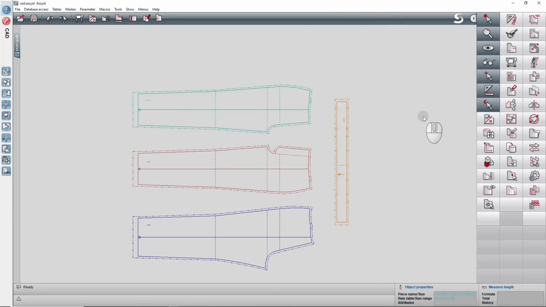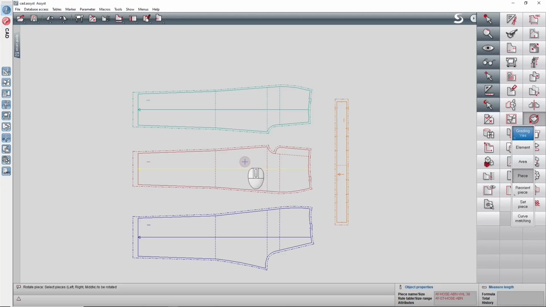To rotate one or several pieces around the pivot point, use the function rotate piece. Select the rotation point with the left mouse button. Now you can select all the pieces you want to rotate in the working area with the right mouse button